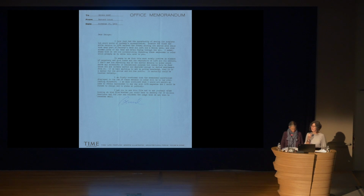Bernard Quint is not a photographer. He's not a film editor or negative editor. He's not a picture editor. This is someone thinking about the overall layout, the overall published page, and the impact it's gonna have on that 1/4 of the US population. And he is willing to stake his job on this idea, this claim of his, that these should not be